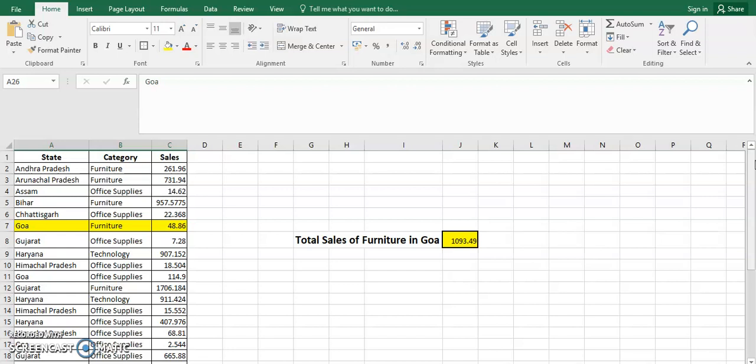With my previous video and this video, I think you would be clear about the three functions, that is SUM,